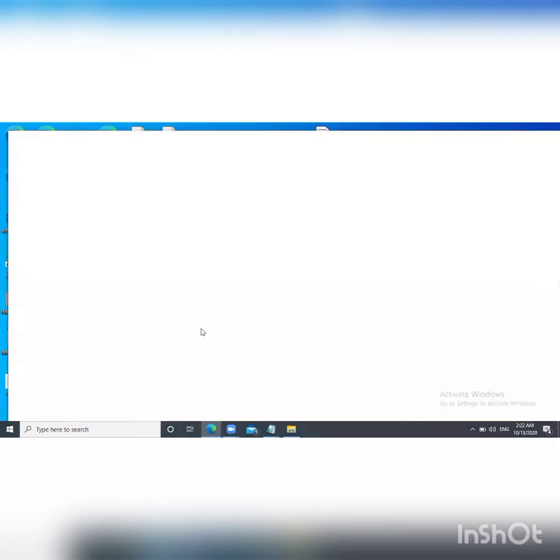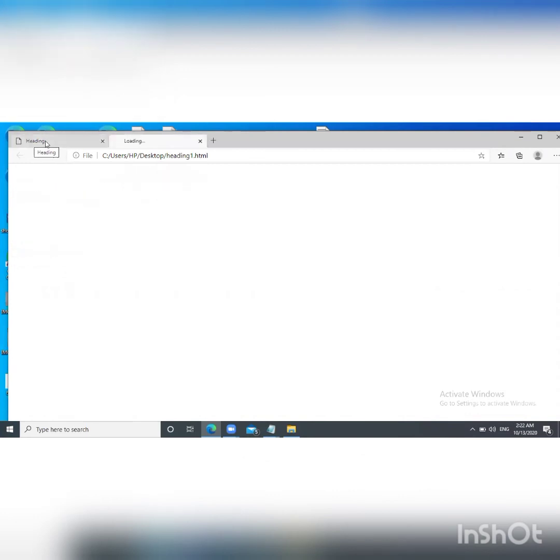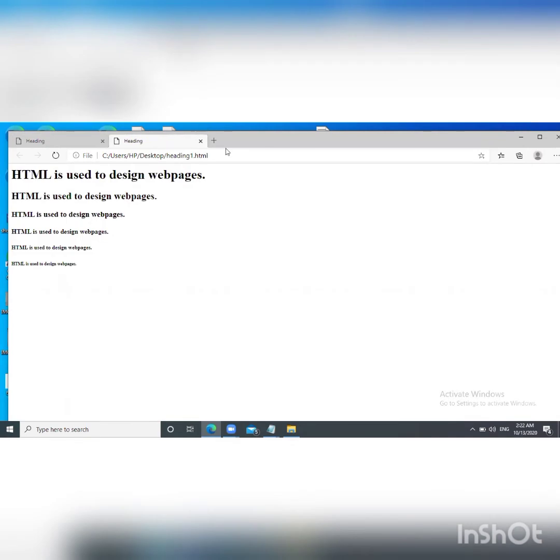So now you can see on the screen. This is the location of the file, and on the title bar you can see heading is displaying here because I have written this under the title tag.